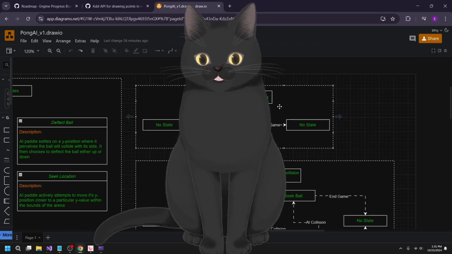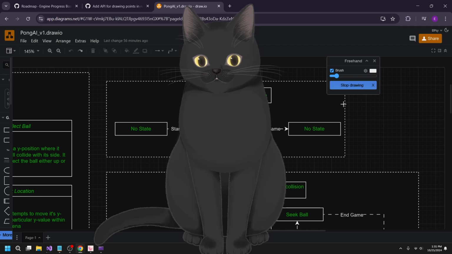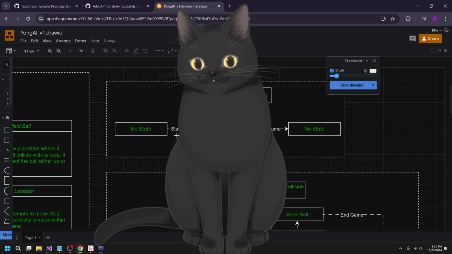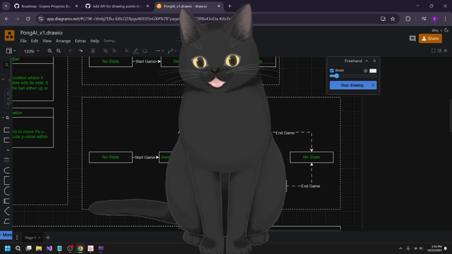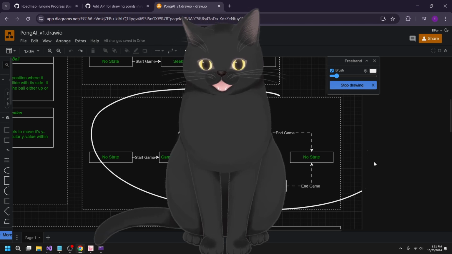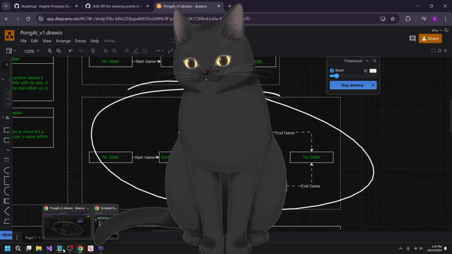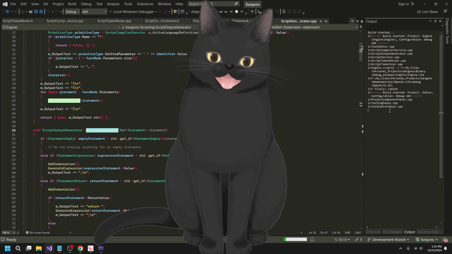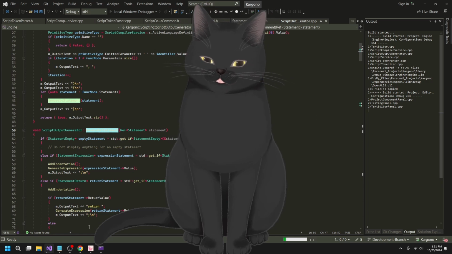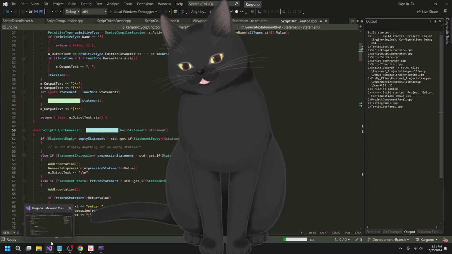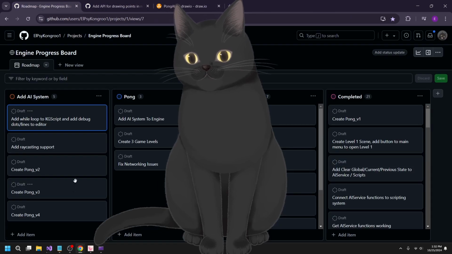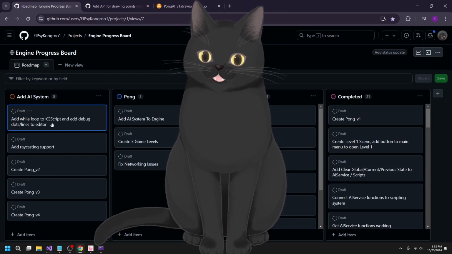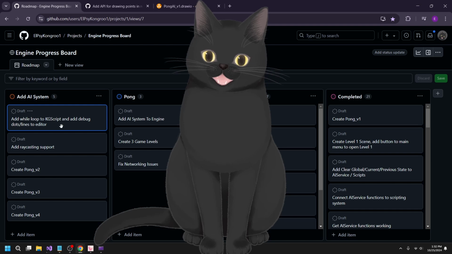I finished this version of the AI already, and right now I'm getting the prerequisite engine tools in so that I can get this system working. I'm also kind of stalling so I can just show you the AI. Basically, also if I look in my progress board, right now I'm adding while loop support into my scripts.